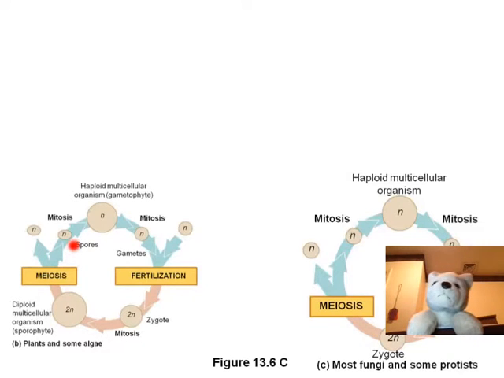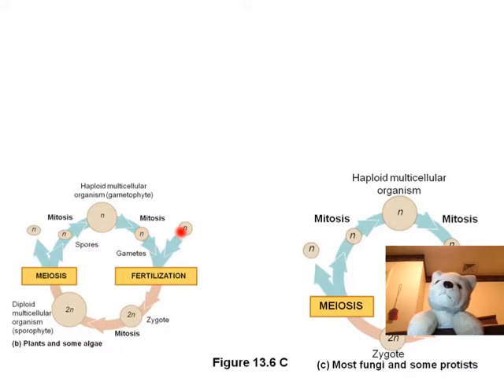But the difference there is we're going to actually go through a little bit of mitosis. We're going to take this haploid cell and it's going to go through some mitotic divisions, and we're going to get groups of cells, or groups of nuclei actually, but it's going to be multicellular, and we call it a gametophyte. Okay, multicellular gametophyte, made by mitosis of the haploid cells. And that gametophyte is going to produce gametes.